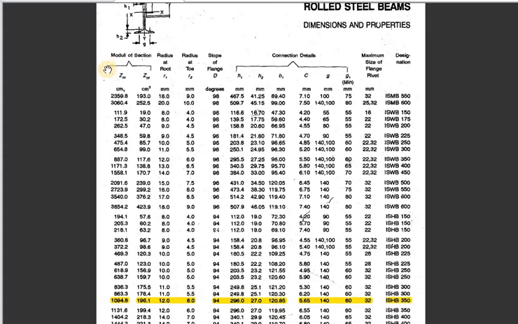The extra part is the modulus of section, given as ZXX of this I section, ISHB. Again, the radius of root is given, the radius at toe is given, the shape of flange is given, the slope of flange, h1, h2. All these things are given. But I want you to keep in mind that G is important.